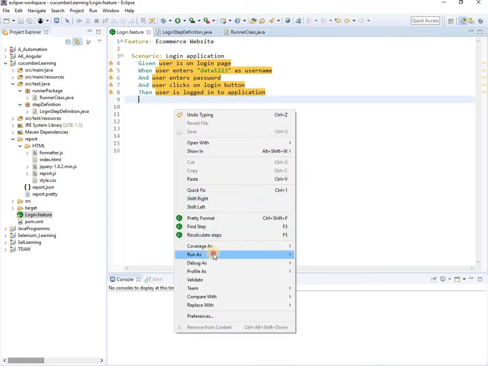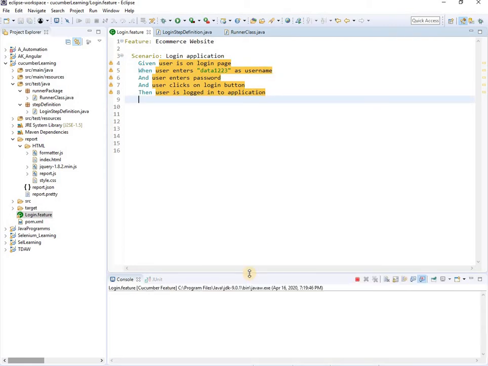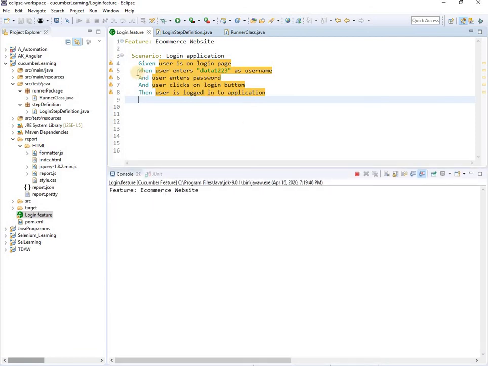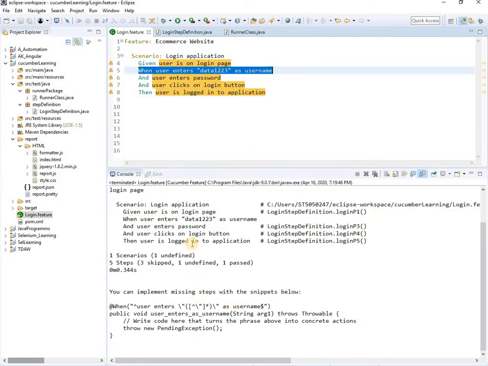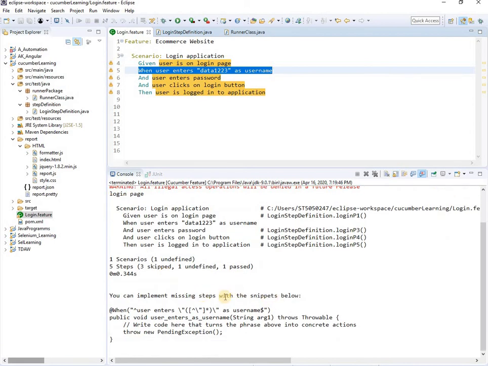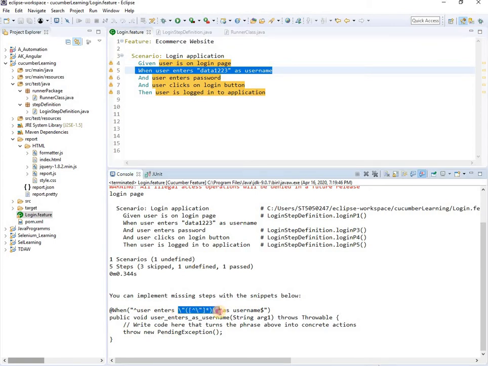What you need to do is right click it and run it as Cucumber feature. It will definitely give me a snippet to implement this step. Why? Because I have changed the wordings, I have changed the sentence, and this line is not present in the step definition file. If you look over here, what is it giving in the console?